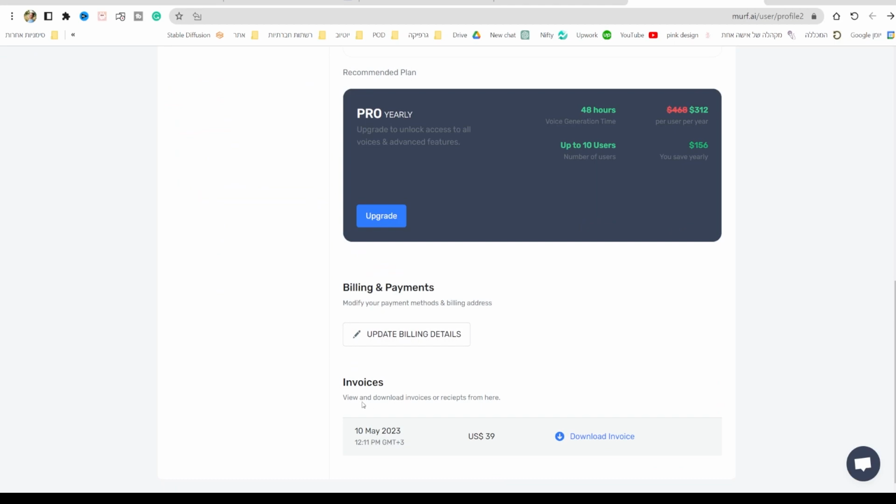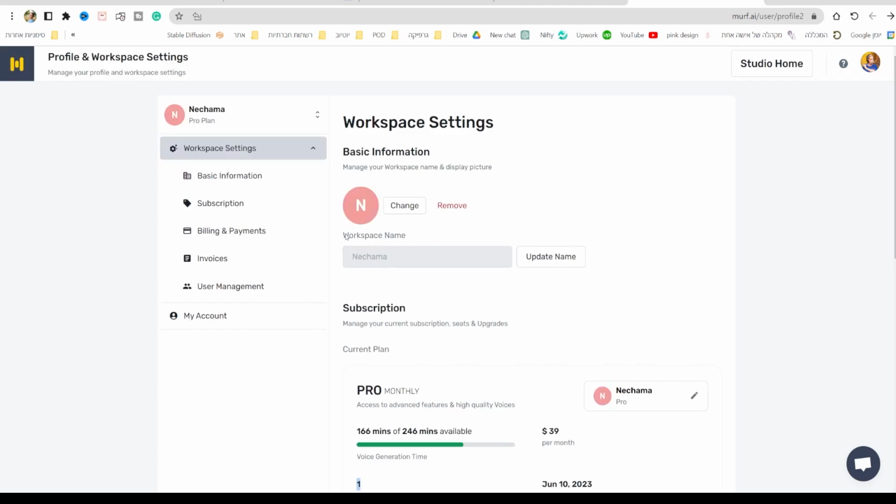You have here your invoices. You can download the invoice, which is really good to know where you can do that. I usually need to give it to my accountant, and it's really hard to find all the invoices, so just download it from here. I have only one workspace name because I am one person and I don't have teams,